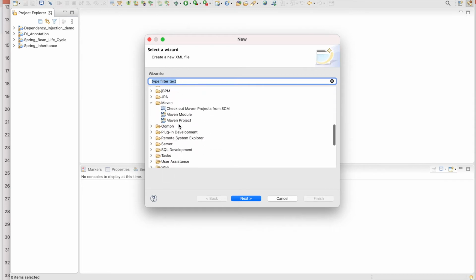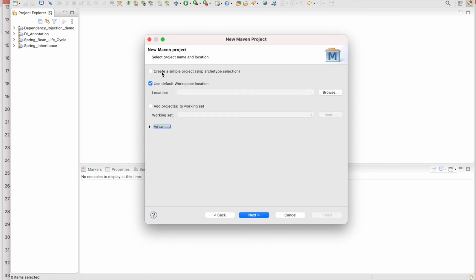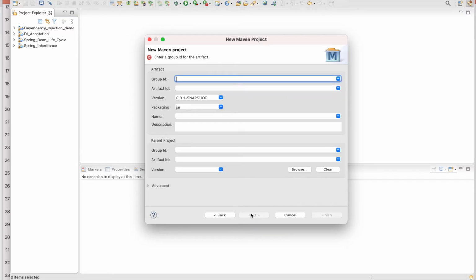Choose Maven project, click Next, choose simple project, then Next, and give some name. I can give any name, and I can say DI annotation advance. Okay, and just finish it.